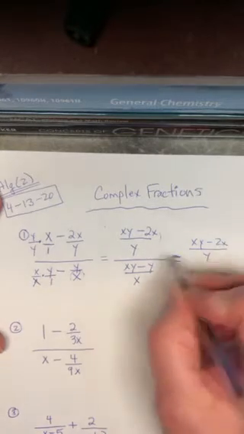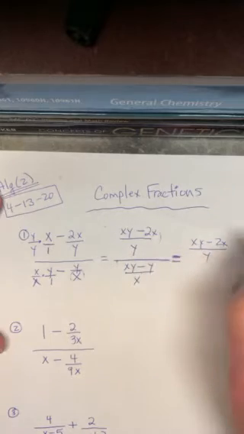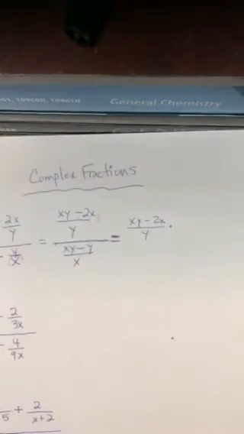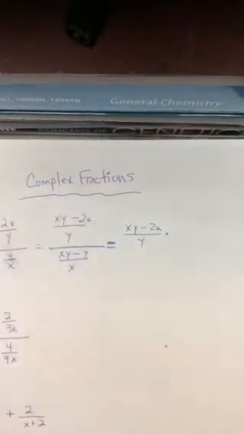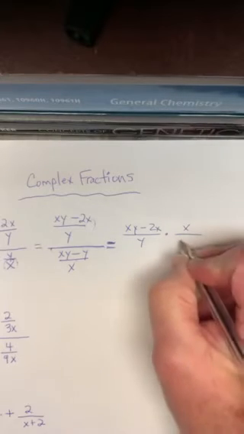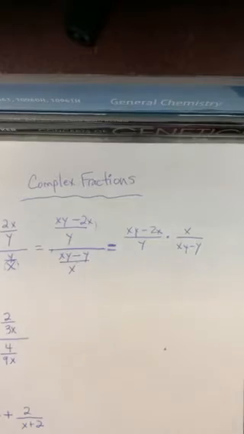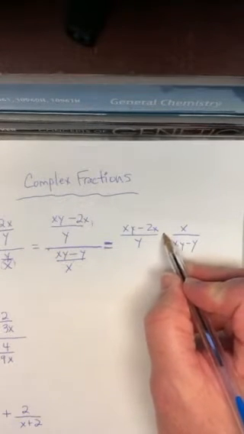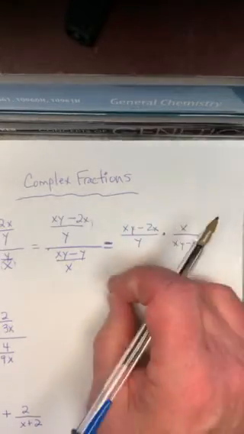And this, since I'm dividing by another fraction, I'm going to change division to multiplication. And I'm going to take the bottom fraction and flip it over. I'm going to reciprocate it. So if I flip it over, it would be x over xy minus y. Okay? And because these are now dot connected, I can just times all that together and make one fraction for